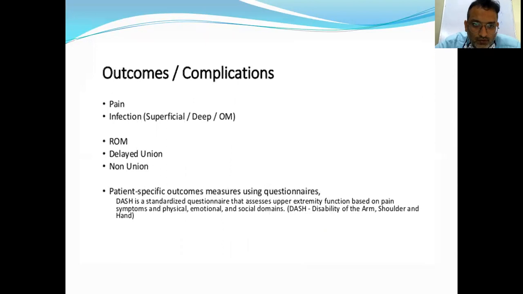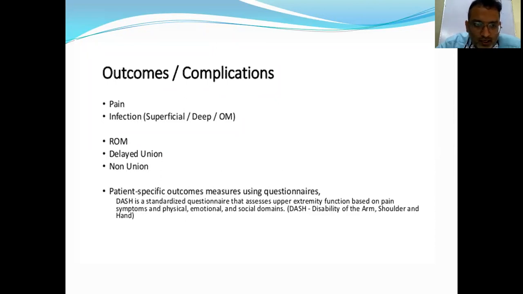What are the outcomes of forearm fractures? The most common outcome or complication is loss of pronation or supination movements. So movements will not be restored, depending upon whether it is a high volume injury, if the interosseous membrane damage is more and the combination is more. The restoration of movements becomes a challenge. So the movements of supination and pronation are thoroughly restricted depending upon the volume of injury.